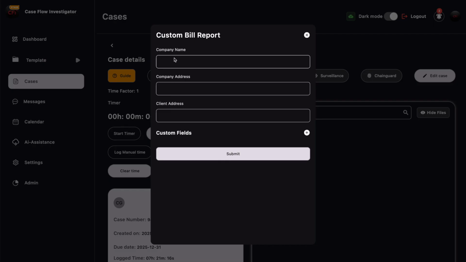You can choose to use those prompts if you'd like and input that information. So let's go ahead and put in CFI agency. And for the company address, and then for our client, we'll do